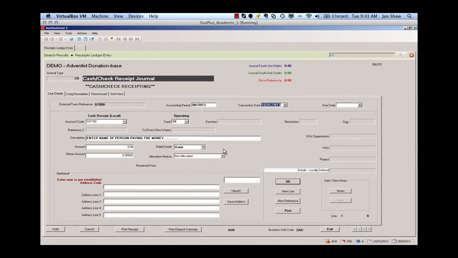If not, you can type in the period that you need. The Tab key will be the keyboard shortcut for moving your cursor into the next field. Our next field in this particular journal type is the transaction date. This field is already defaulted to the current operating system date, and again we can look down in the lower